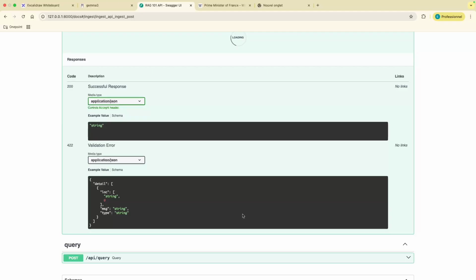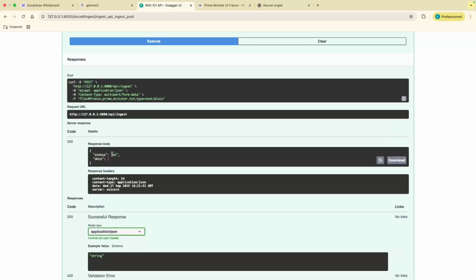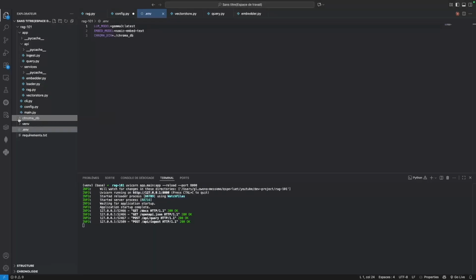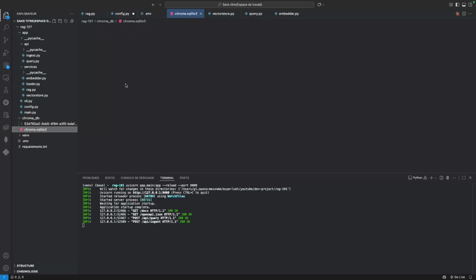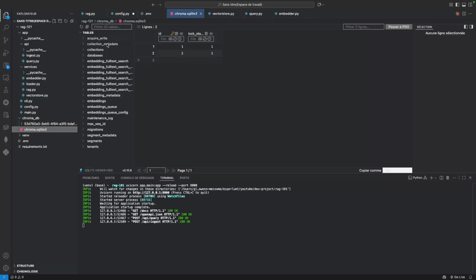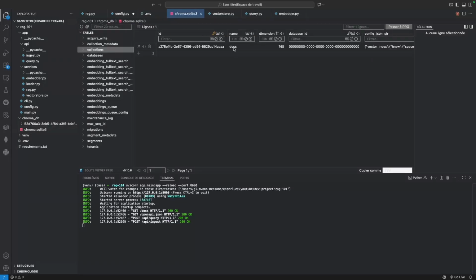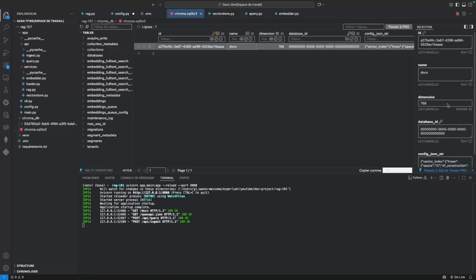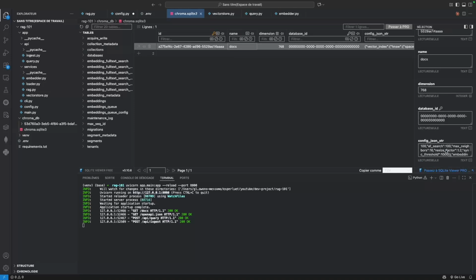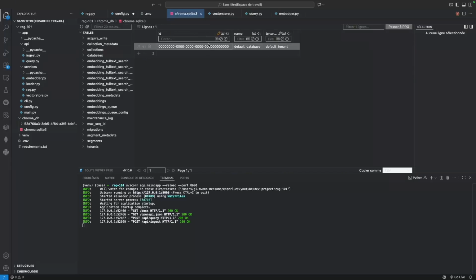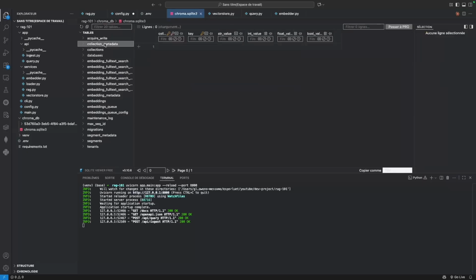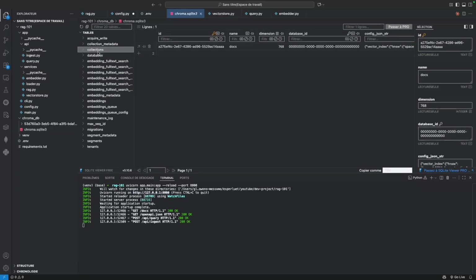So in the Chroma database, we are going to see something new. As you can see here, the status is okay. And if we come here in the Chroma database, and we go into Chroma.SQLite and look at collections, we have this collection, and there are some documents that have been stored. I don't really remember exactly how you look at the content of that, but